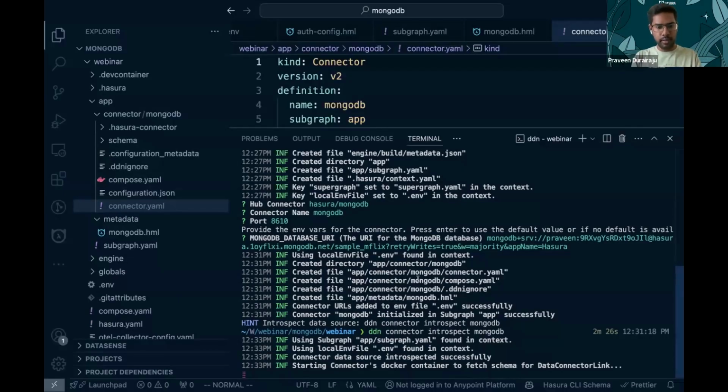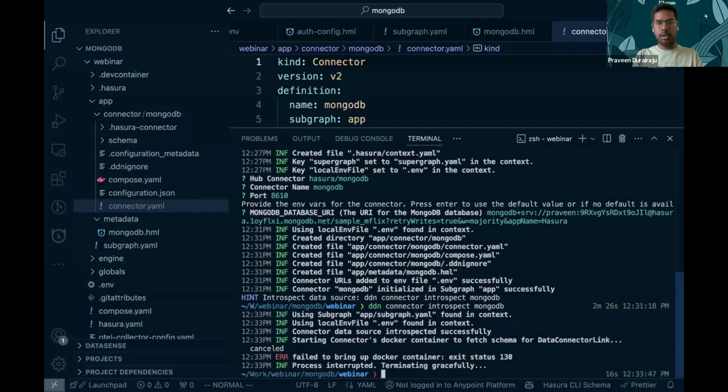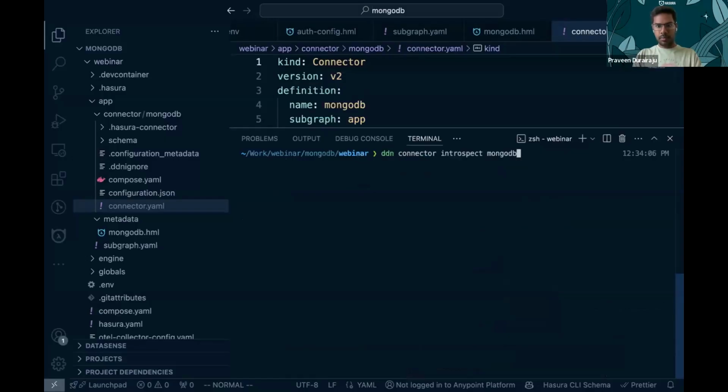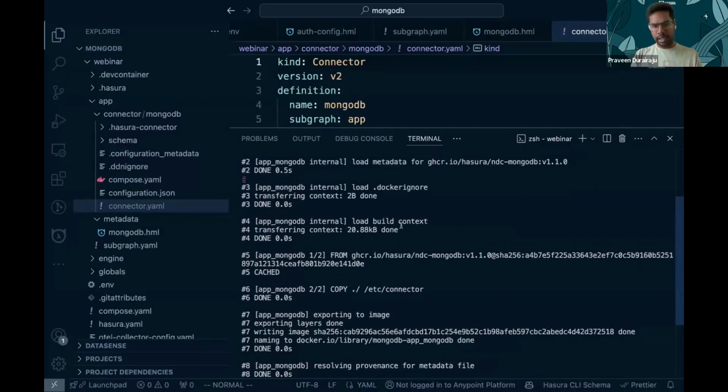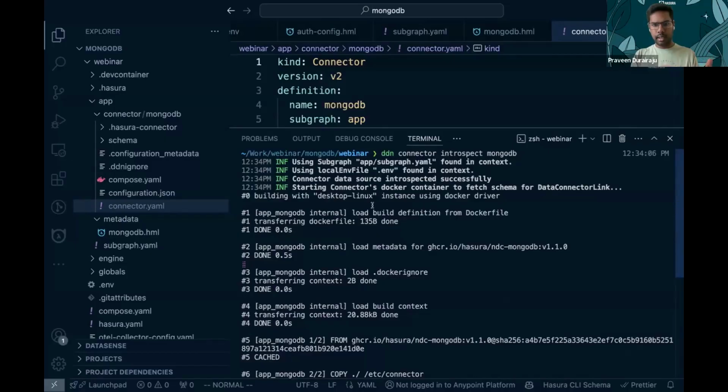And let me also verify if my Docker is running. I'm going to quit this one. Recheck if my Docker is up and running. Live demos are always tricky. I've restarted Docker. I'm going to rerun the command to introspect. And there you go. So what this command technically did, I think, is it created a container to introspect the DB,